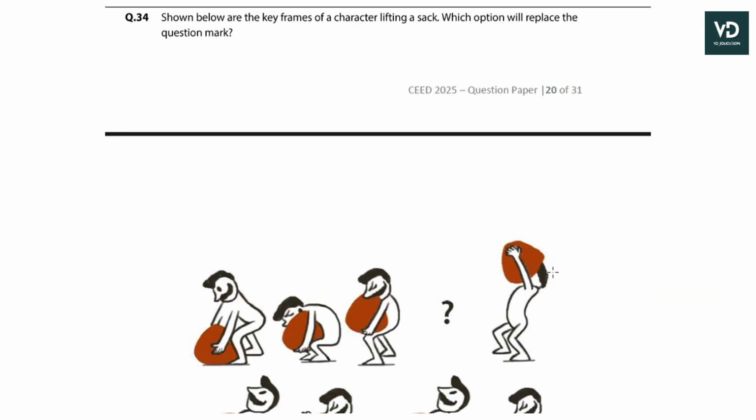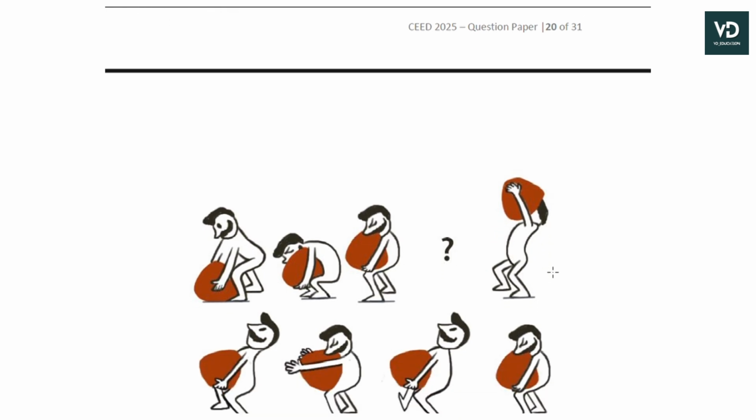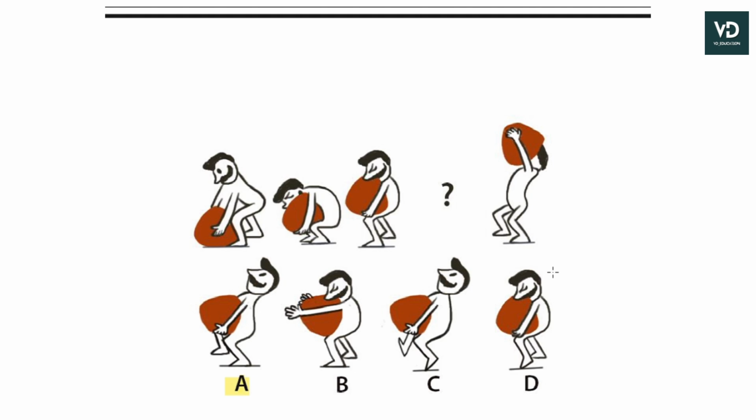34. Shown below are the key frames of a character lifting a slab. Which option will replace the question mark? The correct answer is A, because we can see here this is the first step, second, third, and the next